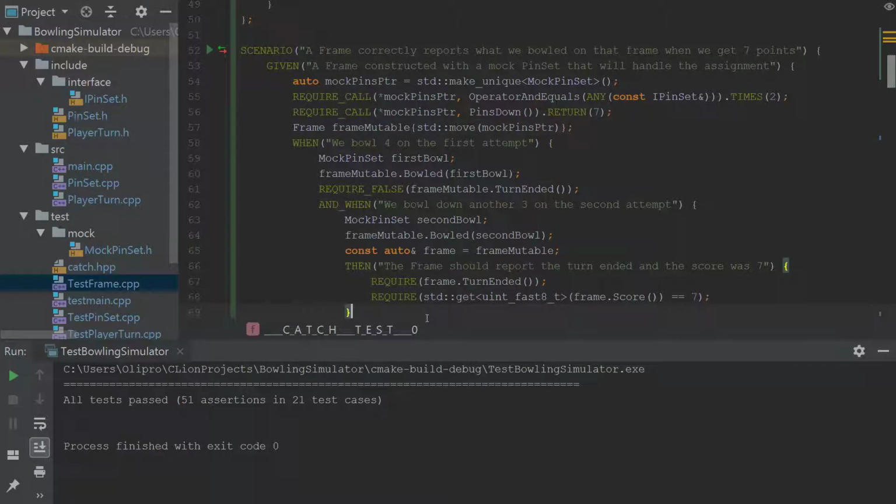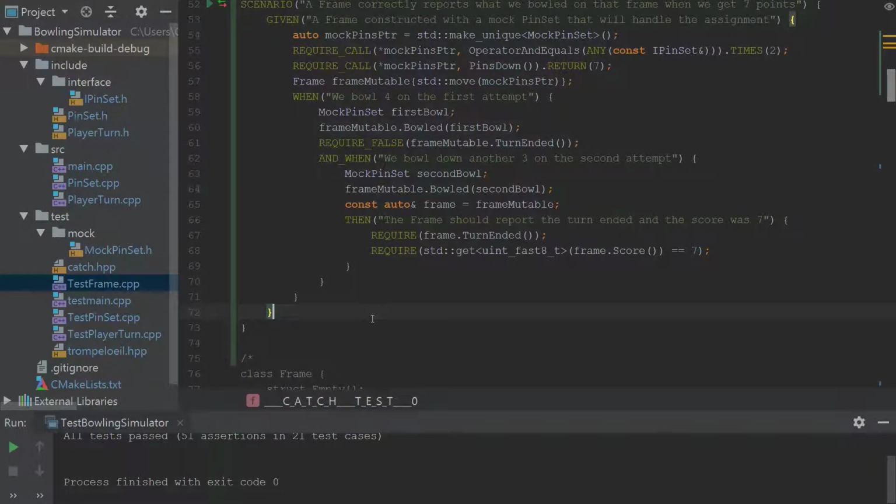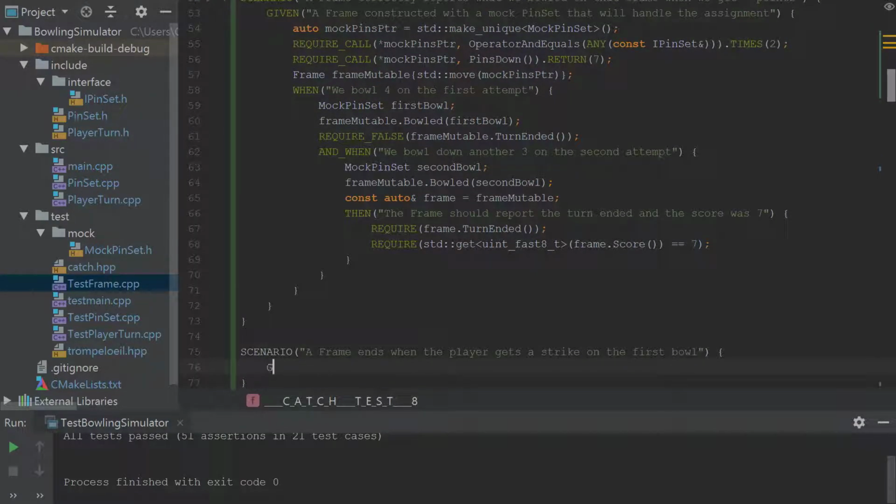And it does. So you can see we're currently passing, but of course there's different cases for a frame. This is the simplest one, or one of the simplest ones, which is that you don't bowl 10, so your turn doesn't end. So obviously the next logical scenario is that a strike will end your turn. So scenario: frame ends, player gets a strike on the first bowl. So given